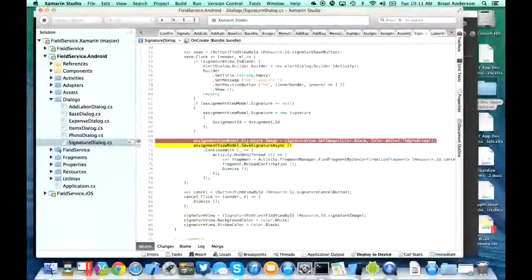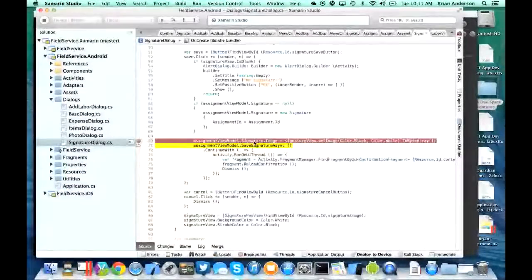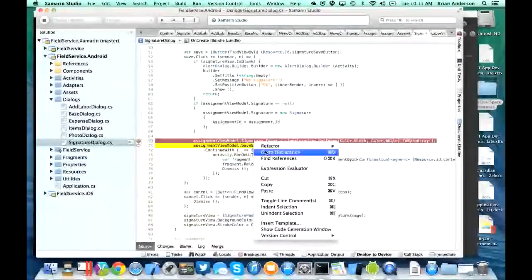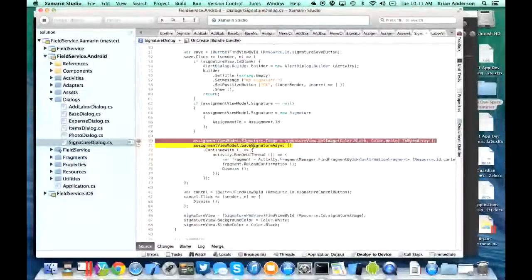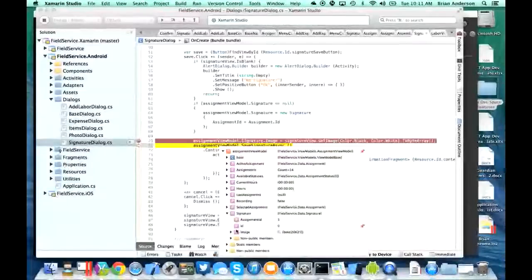I'm waiting for my little fly over here. I want to add a watch here. Usually it just pops up as a little, oh, you have to take my word that it basically will pop up. I can do full debugging. There it goes. It's just taking a second. And I can go through and I can debug everything. I can go all the way down to the bytes that were in that signature pad. So, you know, it's a very rich debugging experience.